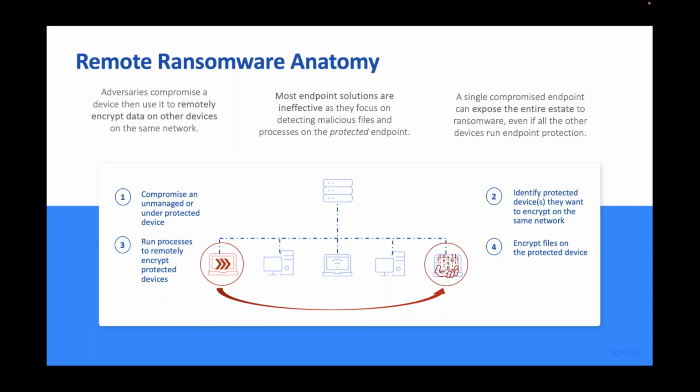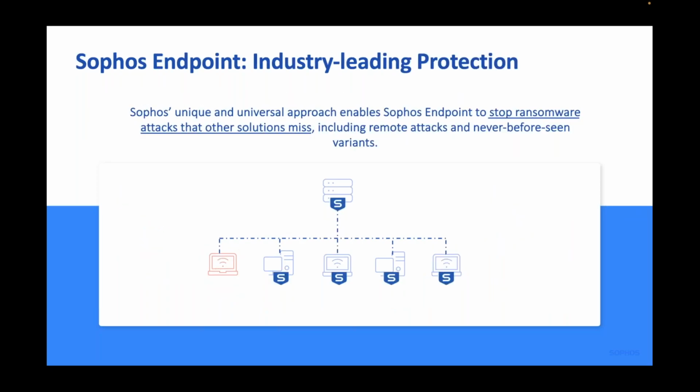So the data has been encrypted. The unfortunate victim gets an alert and a notification that the data has been encrypted, and they are then presented with that stark choice of: do I pay the cyber criminals and hope that I get my data back, or do I simply accept that that data has been lost? So the cyber criminals are essentially using the human operative to look around the estate, find other machines, and encrypt the data remotely, knowing that in many cases it will bypass the protection. However, if you happen to be a Sophos customer, I have some good news for you.